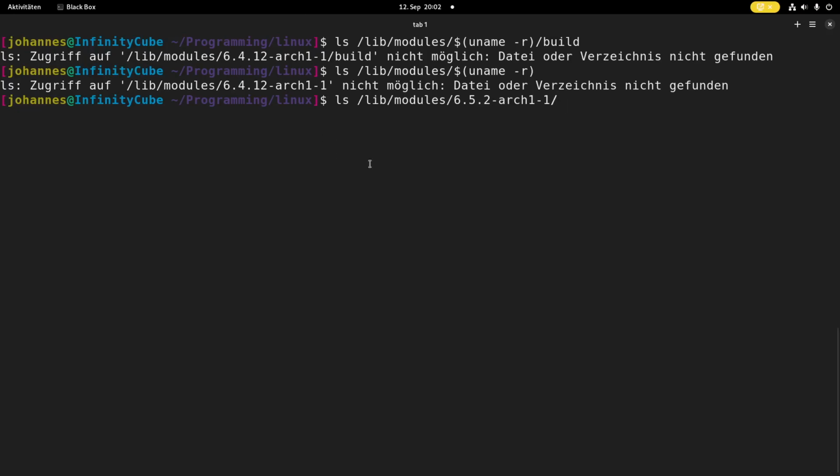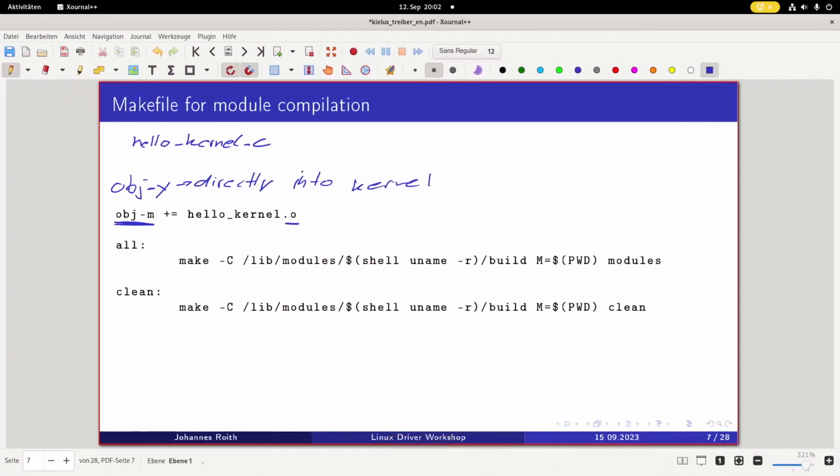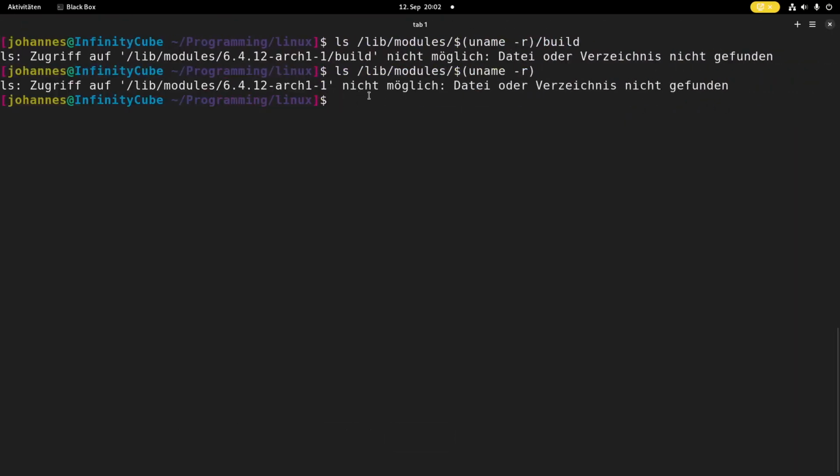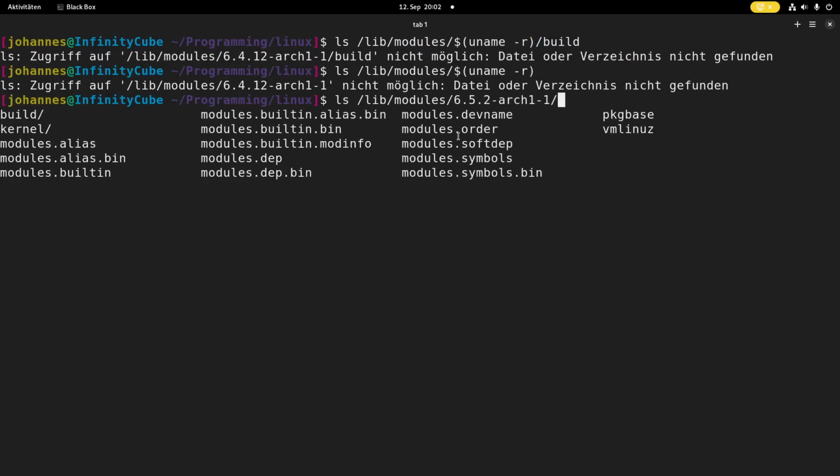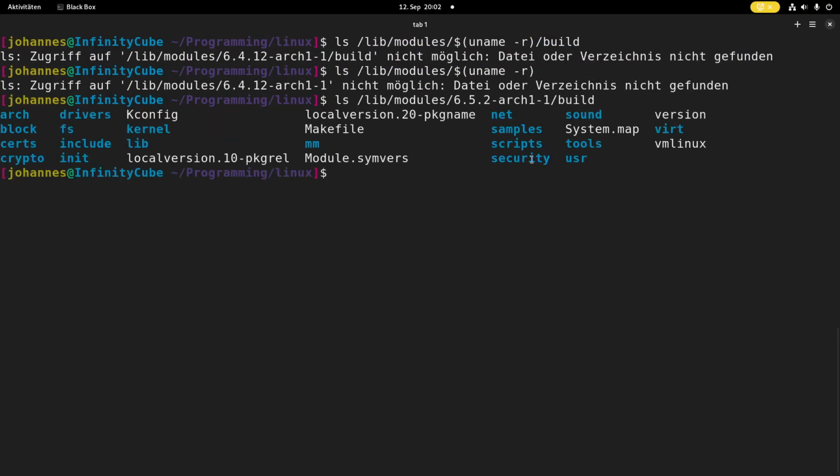This is why this doesn't match currently, but normally uname -r would give us our kernel path. So this here will just land into this folder here, and in which we have this makefile. So basically we're calling this makefile in here,